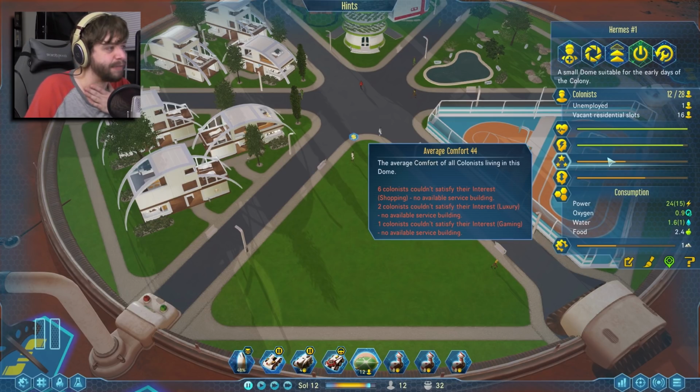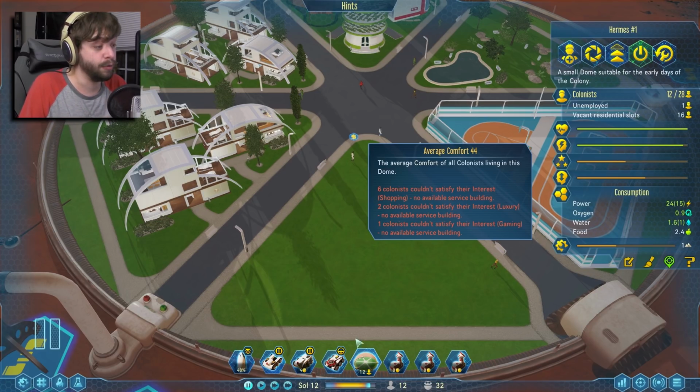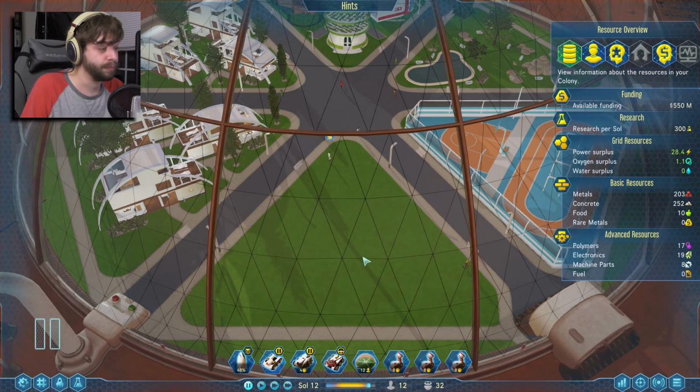Let's see. Average comfort. 6 colonists couldn't satisfy their interest in shopping. No available service building. 2 colonists couldn't satisfy their interest in luxury. No available luxuries. 1 colonist couldn't satisfy their interest in gaming. No service building. If we wanted to